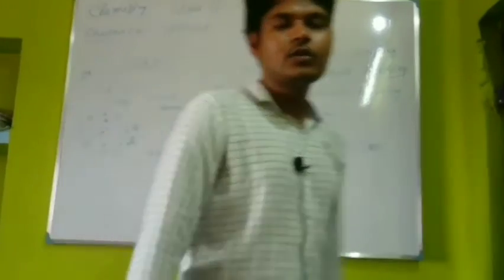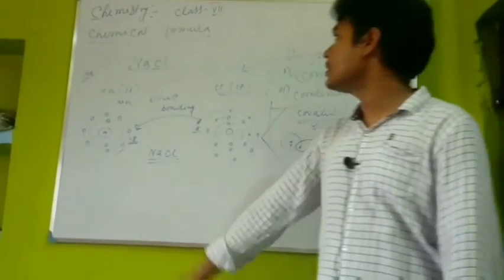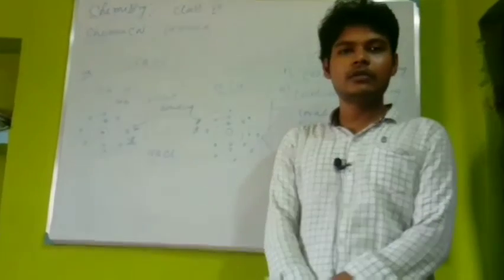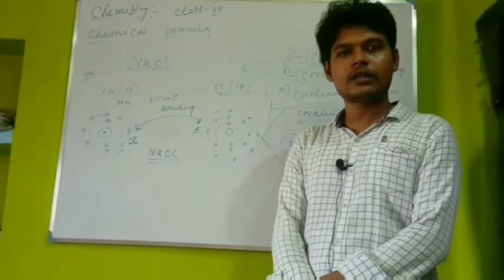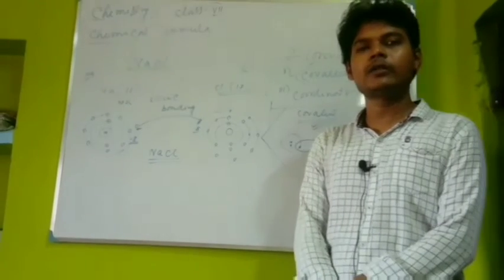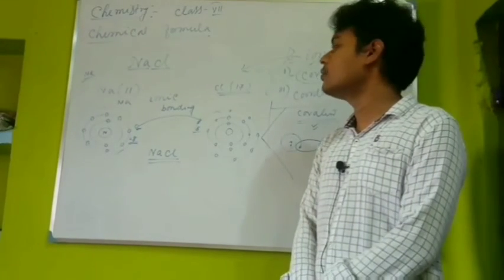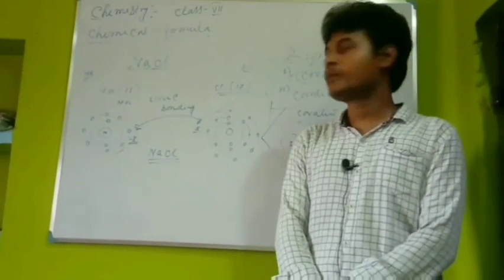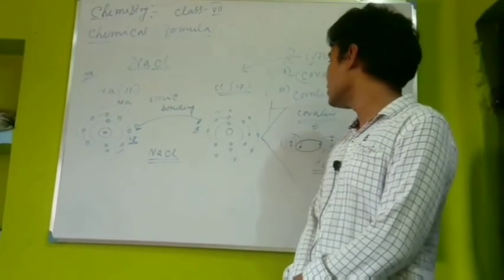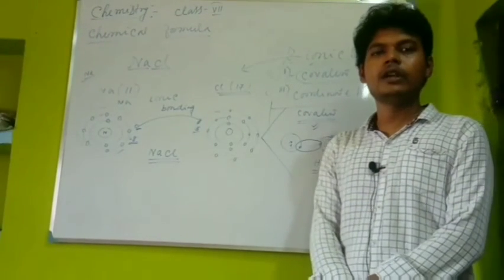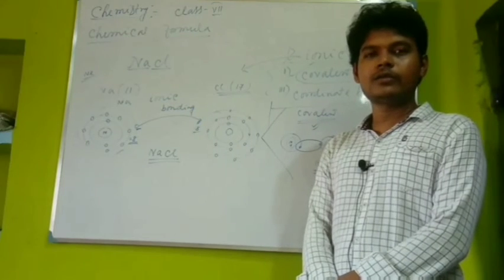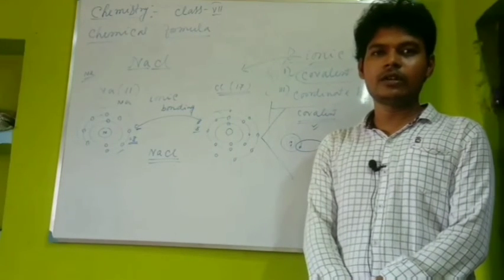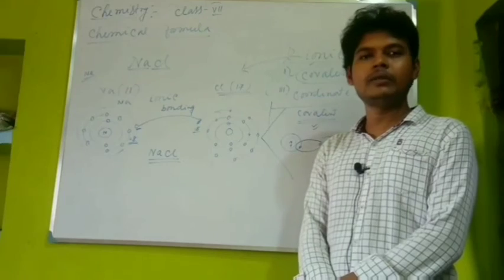Okay, so that's all. Today we discussed the chemical symbol at first, then ions, formation of ions, then chemical formula, how to write down the chemical formula for ionic compounds and for covalent compounds. In my next class, we will discuss the crisscross method and how to write this in a very simple way.